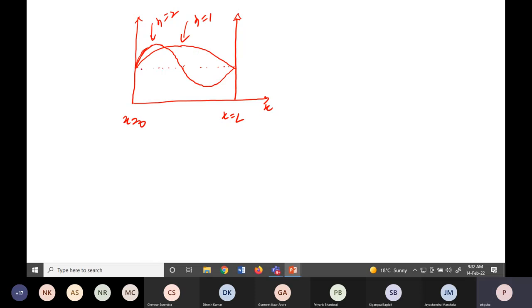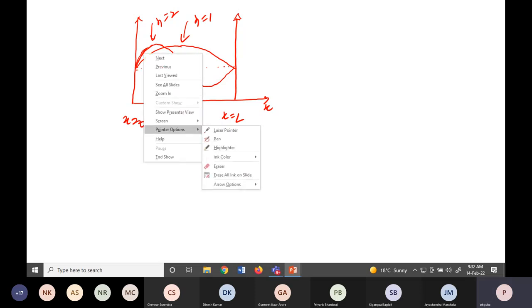So this is in one half. What about the other half? The other half, we will have the waveform like this. It is straightforward, but let me just